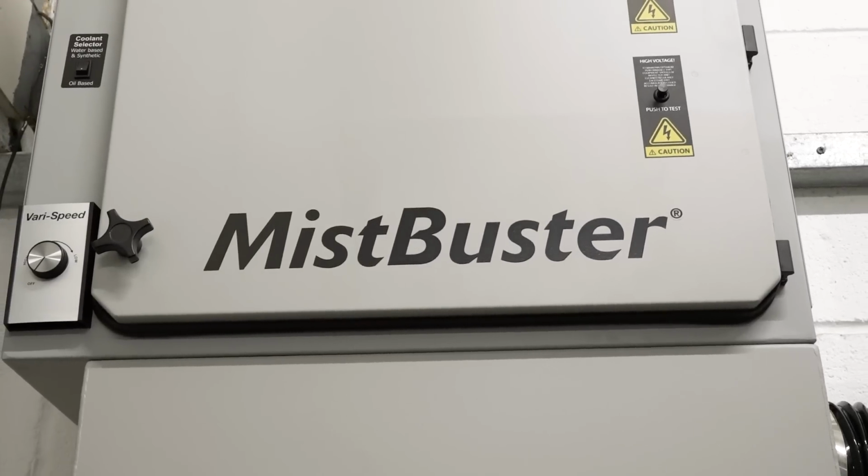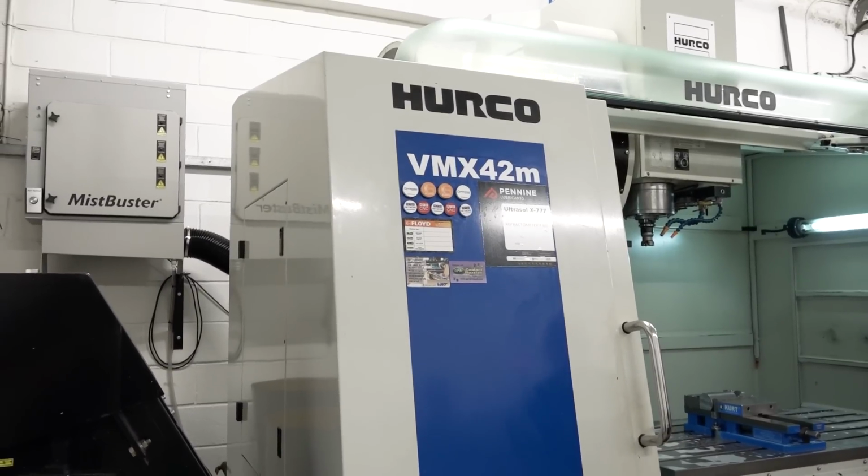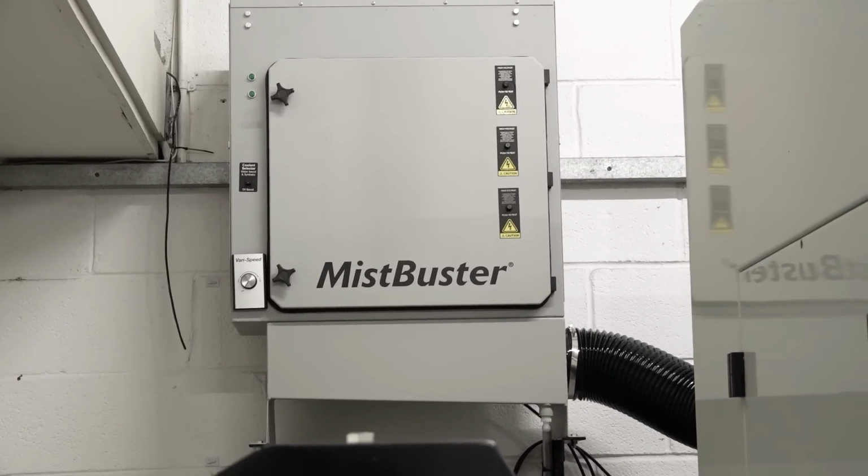Well, I looked at what was available on the market, and obviously you've got the centrifugal type, which are cheaper to buy, but the MistBuster to me was something that was, all right, it's more expensive to buy, but it's cheaper to run in the long run because it's easier to maintain, and the payback, you get that later on